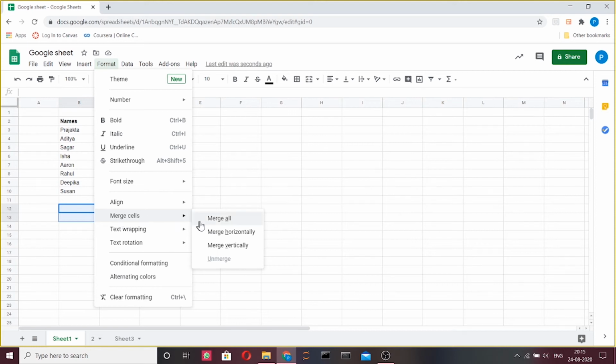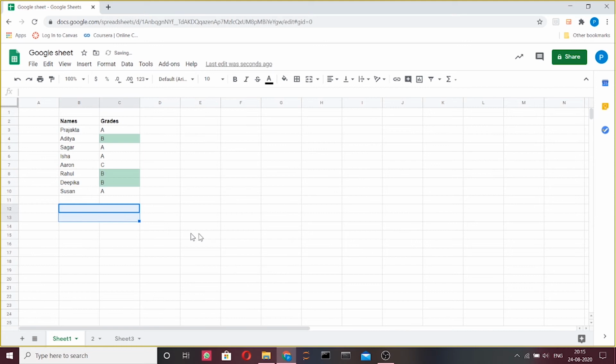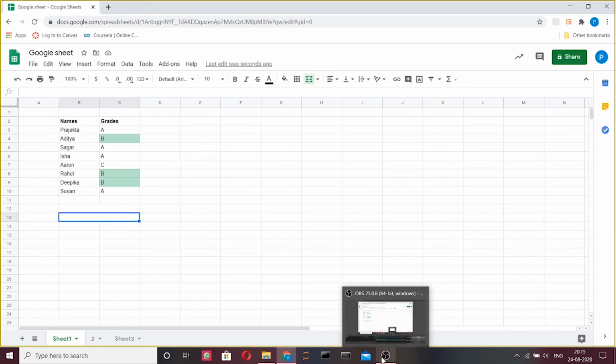Here we have Merge All, Merge Horizontally and Merge Vertically. I will select Merge Horizontally. Please note, instead of the previously mentioned steps, you can also merge cells by using the Merge button located on the toolbar.